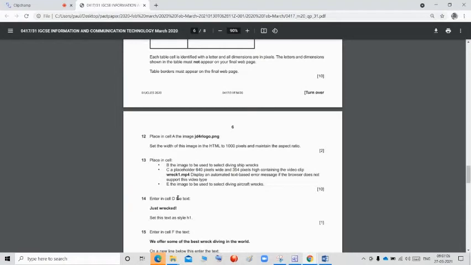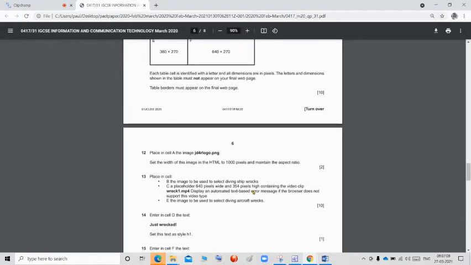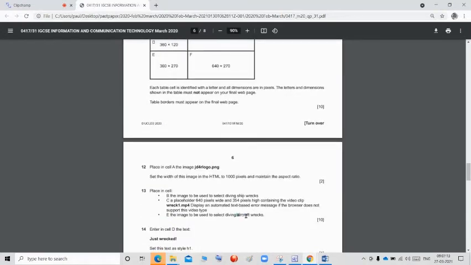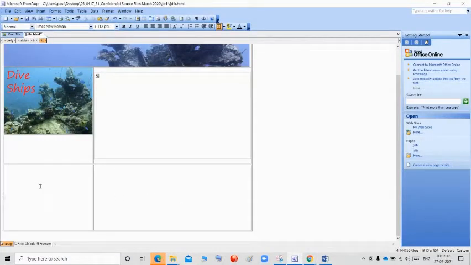Next, E, the image to be used to select the diving aircraft wrecks. Okay, in the E, we want to insert the image aircraft wrecks. So go to this one, E. This is A, B, C, D, E, F. So we are going to insert the image.